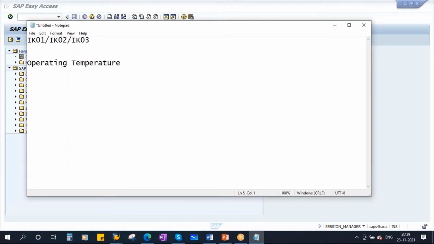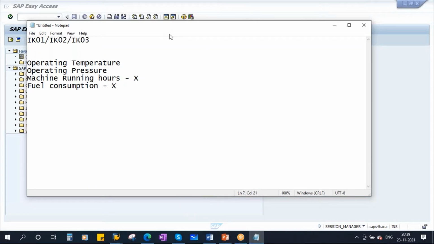And I want to measure operating pressure. Also I want to measure its machine running hours, and also its fuel consumption. These 4 measuring points I want to create. The first 2 are normal measuring points and the other 2 are counters. Counters means their value gets accumulated every day.